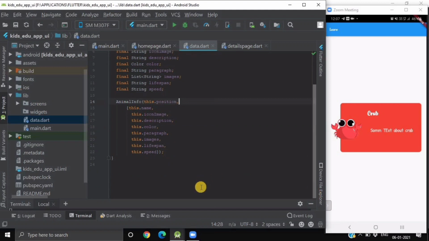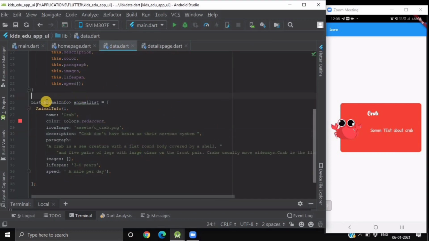So now let us create some animals in a list of animal info models. So here we have created a list of animal info type and we have given it the name of animal list. So we will first be having an animal info model for crab.